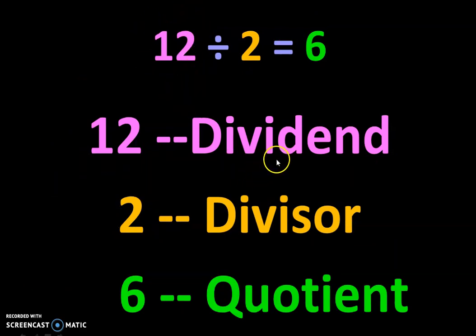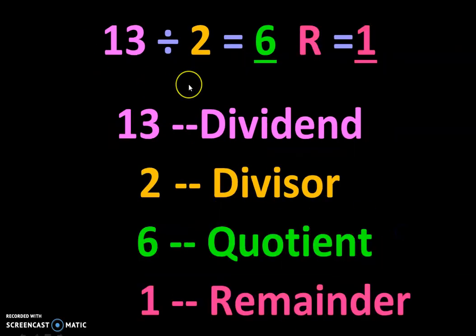The number which is to be divided is known as the dividend. And 2 is the divisor, which divides. It is dividing by 2s, in groups of 2. Now our answer is nothing but the quotient over here. So 6 is our quotient. Like this, the second sum which we saw with remainder, 13 is our dividend and 2 is our divisor, 6 is our quotient and R is our remainder.